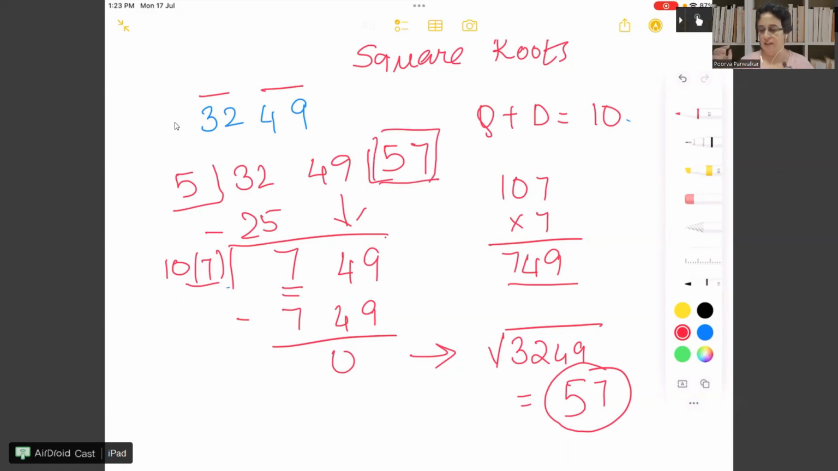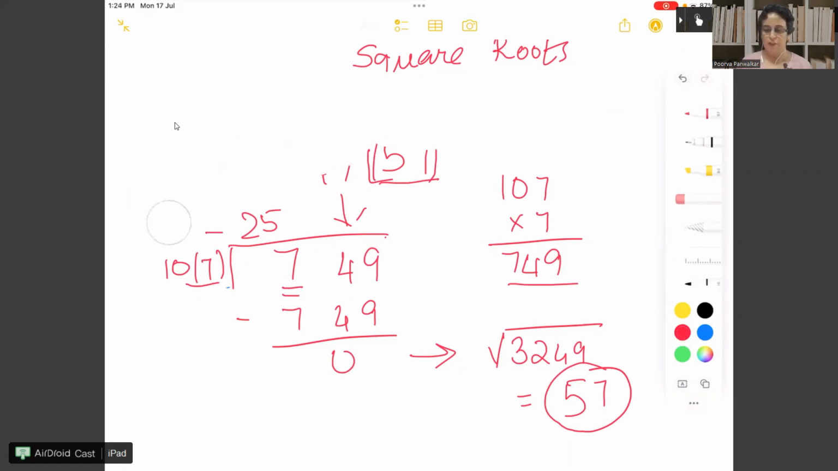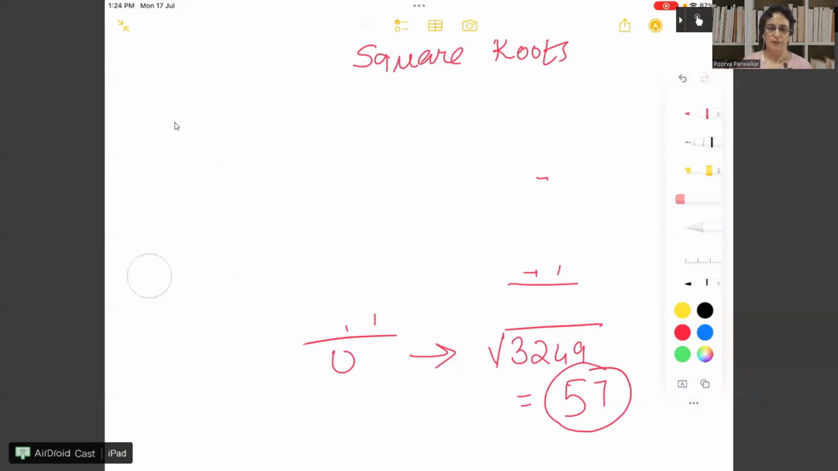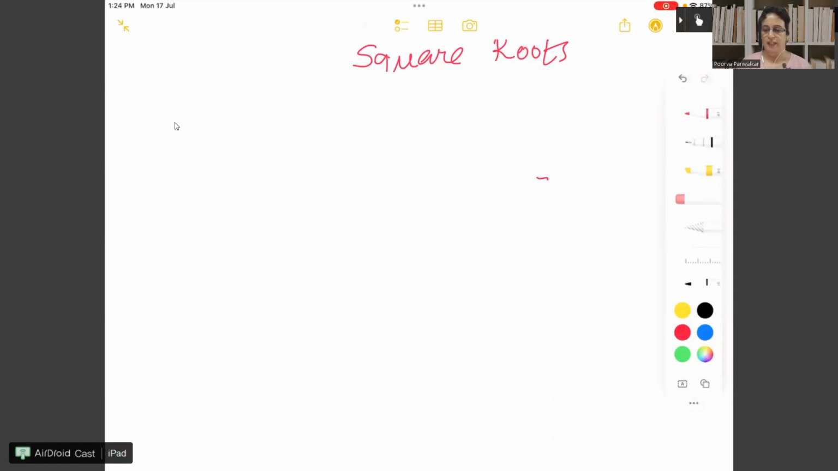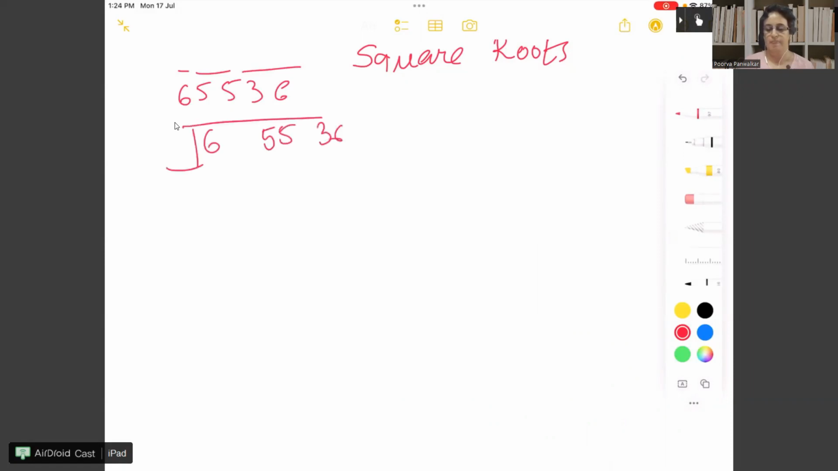Now let us try the number which we took at the beginning, which was 65536, which will be slightly more challenging yet again. So I know that 65536, these are the groups. So I write it. Now I know that the closest perfect square to 6 is 4. So I write down as it is